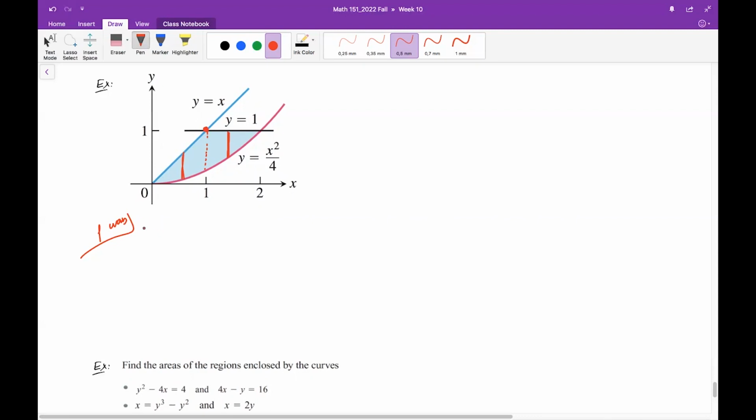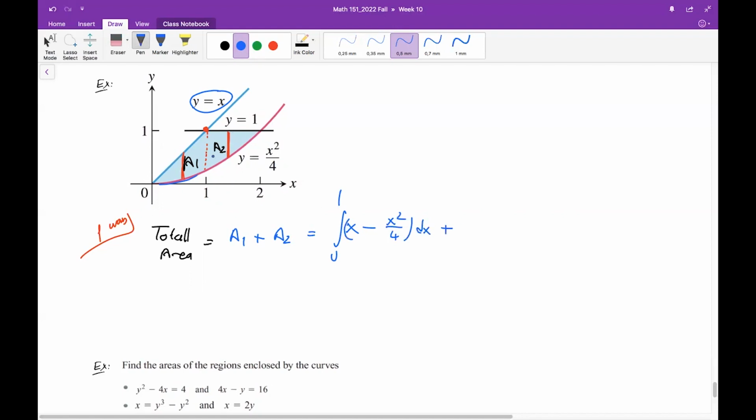That's why you need to find the total area with respect to x. You need to divide the integral into two parts, where you will be computing a1 plus a2, where a1 is from 0 to 1. What is the bigger curve? The bigger curve is this one, where the equation is given by y equals x. The lower curve, I mean this part, is given by this parabola. It is x squared over 4, so the integral is with respect to x, plus